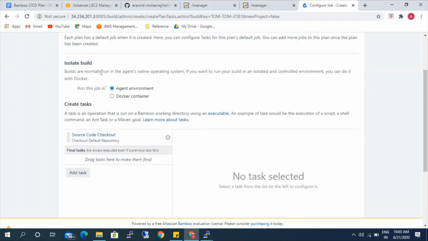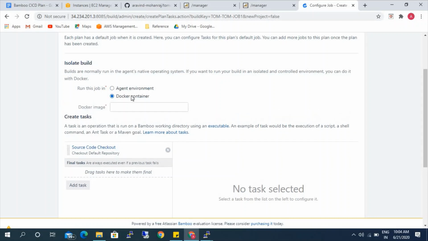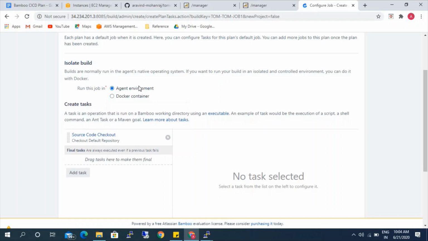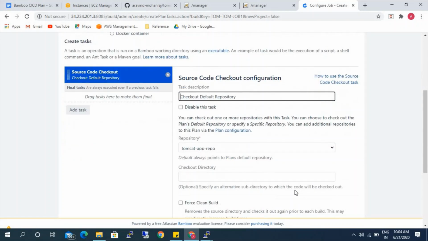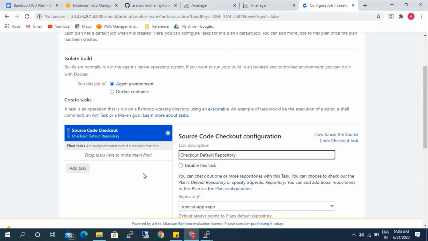Okay, we have two options here to build. We can build on the agent environment, wherein it builds directly on the Bamboo server. If not, if you have any dedicated specific Docker image which you want to use as part of building your code and deploying, you can give the image name here and you can use it. For now, we will be using only the agent. Okay. So as a first task by default, there will be a source code checkout when you create a new plan. What it does is download the code from the repository. So continuous download task. Okay.